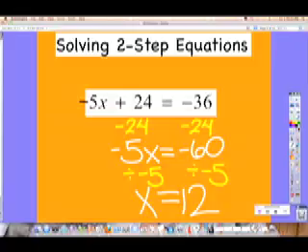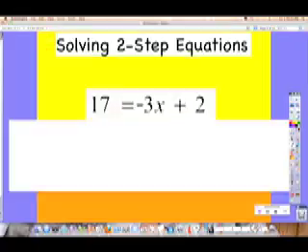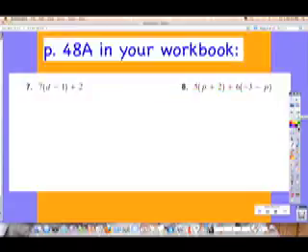Don't be confused. I'm going to show you how to do it, right? Okay, we're on number 7, number 8, page 48A. Okay, what I need you to do first,